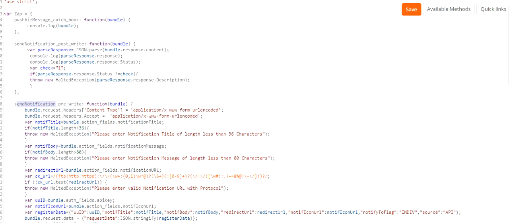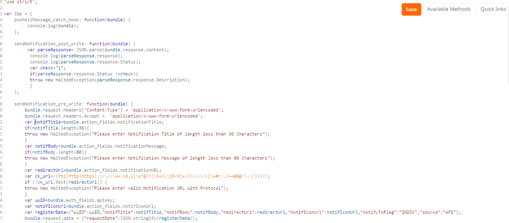And now what's the use of pre-write and post write? You have where to send data. I give an action name. So this pre-write method will be called immediately before that action is called. Now it can happen that Zapier by default is sending data in some other form. Now my API takes data, suppose, in JSON or URL encoded or XML. For that mapping, I have written this method. So I have made this content type URL encoded. It accepts URL encoded. Now this notification title, you can see I have made in the title.